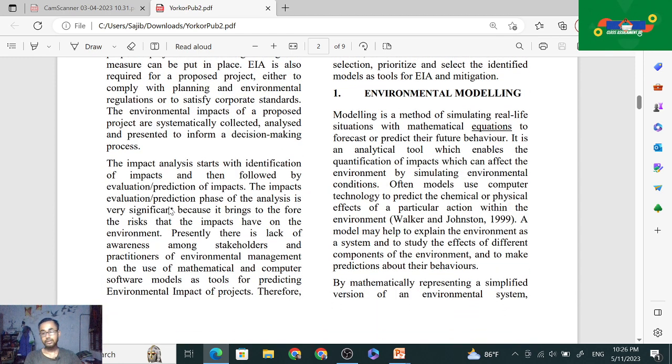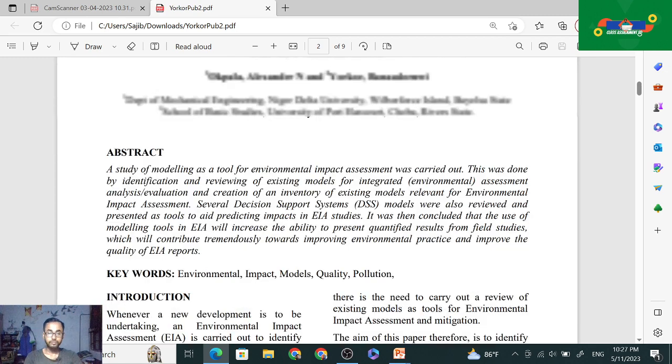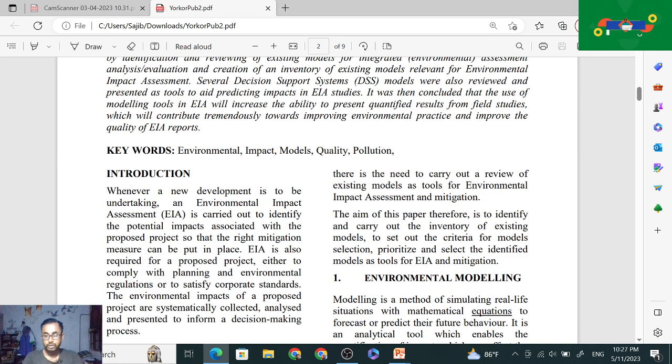The impact analysis starts with identification of impacts and then is followed by evaluation, prediction of impacts, and the impacts evaluation. The prediction phase of this analysis is very significant because it brings to the fore the risk that the impacts have on the environment, and presently there is a lack of awareness among the stakeholders and the practitioners of environmental management on the use of mathematical and computer software models as tools for predicting the environmental impact of projects. Therefore there is the need to carry out a review of existing models as tools for environmental impact assessment and